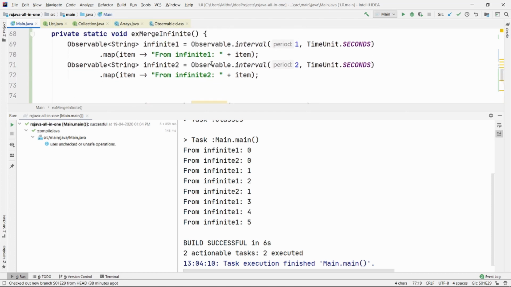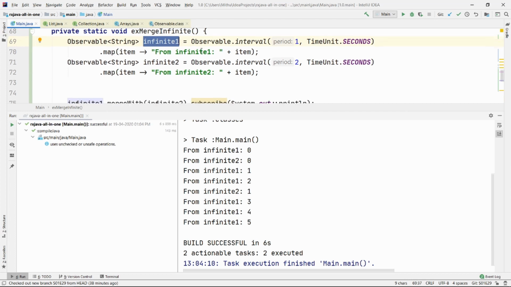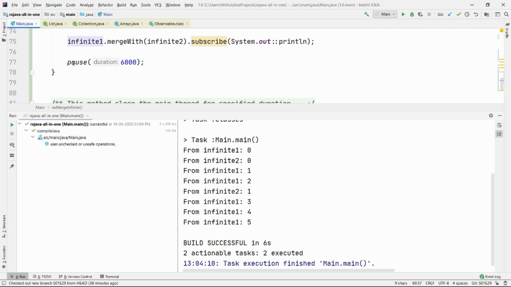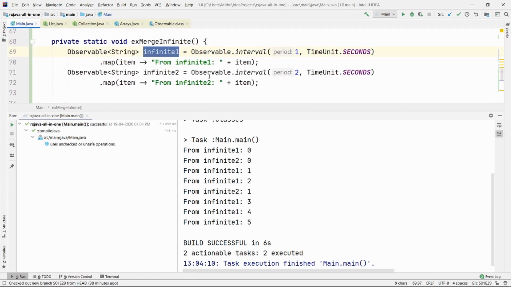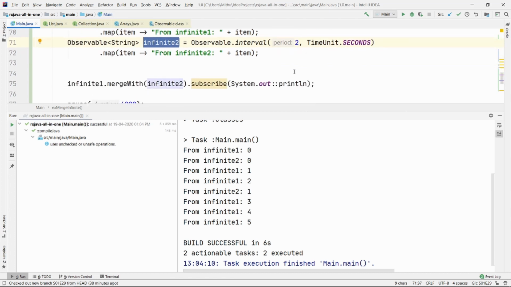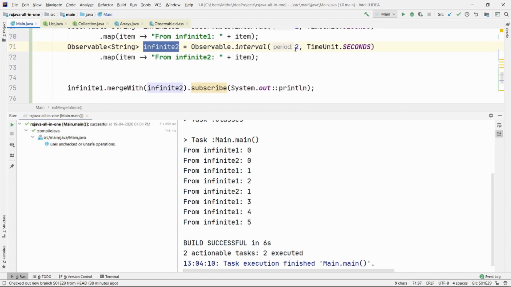So if you calculate, infinite 1 will only give you 0 to 5. It is able to give you 0 to 5 because after that the thread is going to be finished. The thread is not going to wait for this observable. And in this case, infinite 2 can only give you 0 to 2, 0, 1, 2, 3 elements, because it is giving you elements every 2 seconds.